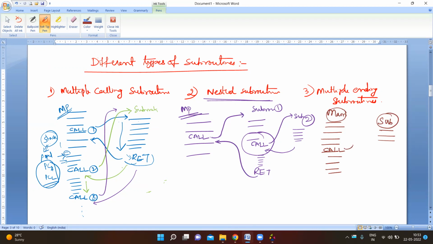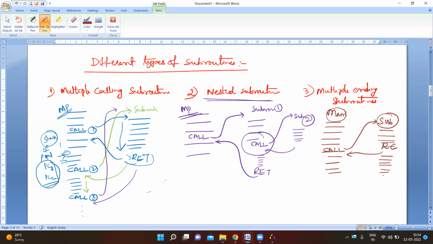Now the program counter is loaded with the initial address of the subroutine, and it executes. In between, some conditional returns will be there, like return on carry. If carry is present, then it automatically returns to the main program. If no carry, again it executes